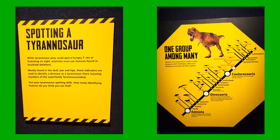There are some signs in here, and one of the first signs is about spotting a Tyrannosaur, so I'll let you pause to look at the information. On the right here is a family tree of the Archosauria. You go from the fish, amphibians, reptiles, and then you get towards the Dinosauria. Right around here you get the Archosauria, and then you get to Dinosauria, with all the dinosaurs featured here mostly in